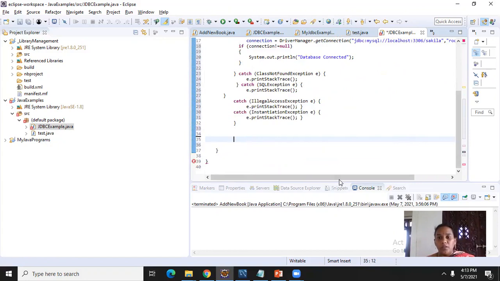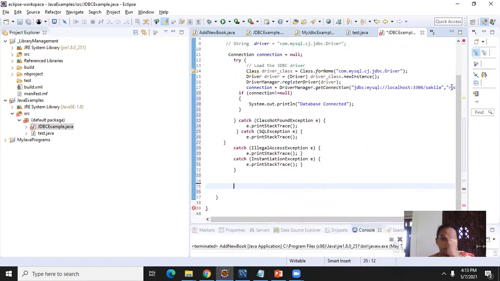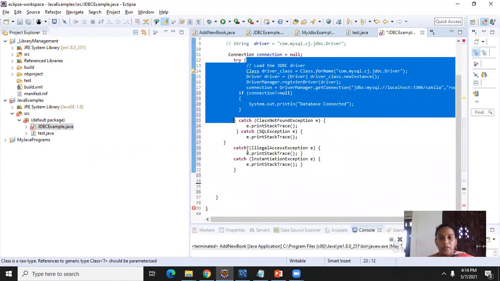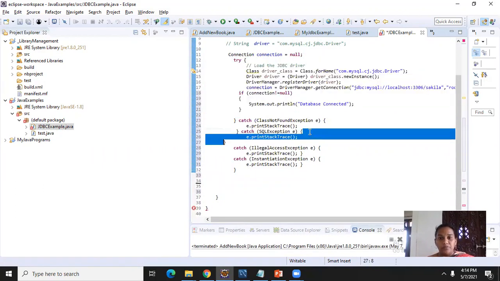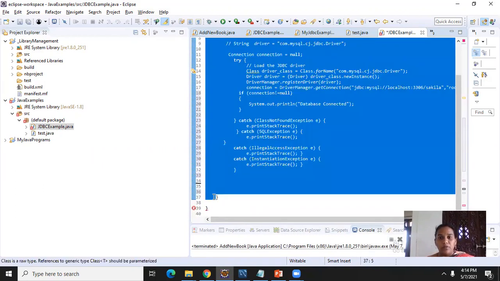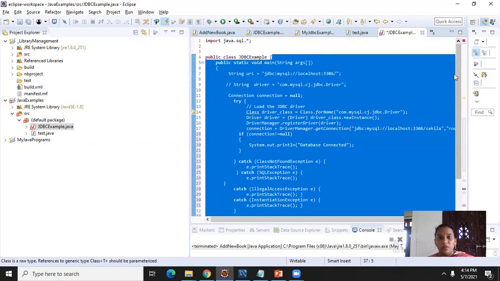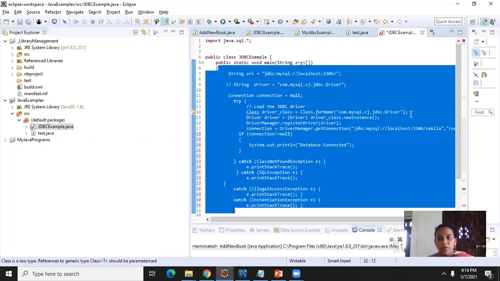We will check these braces and we will execute. First the try block is okay and the catch block is okay. This loop is for void main.